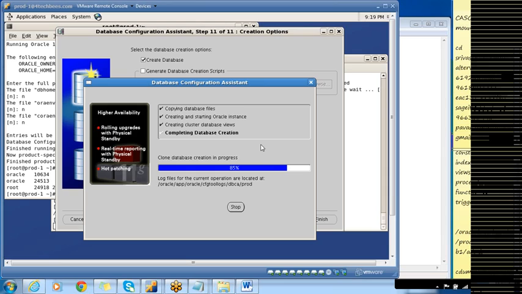So it's almost done. Probably it may take 5 minutes. So once the database is created, we'll wind up the class and I'll continue tomorrow. I'll show you how to bring down the database. I'll show you how to bring down just one instance and how to start up one instance. And I'll show you the global V$ views. And also I'll show you the additional background processes which are involved with a RAC database and how those additional background processes will communicate with each other in order to provide data integrity by transferring the blocks across the nodes.